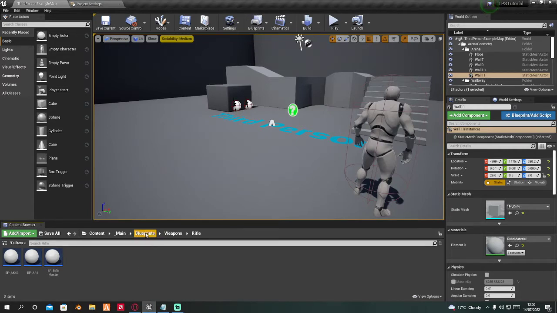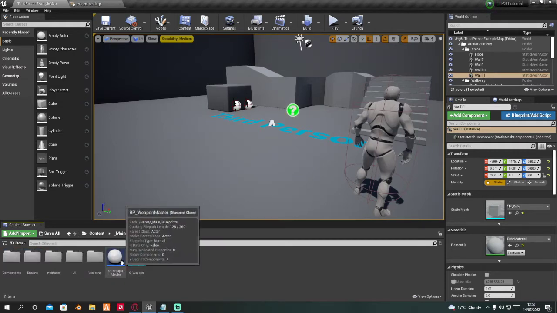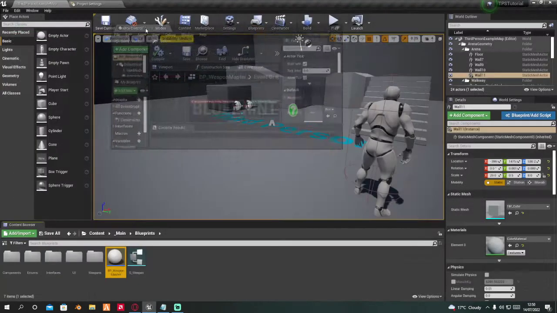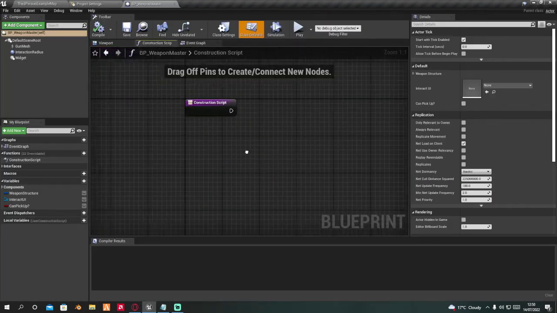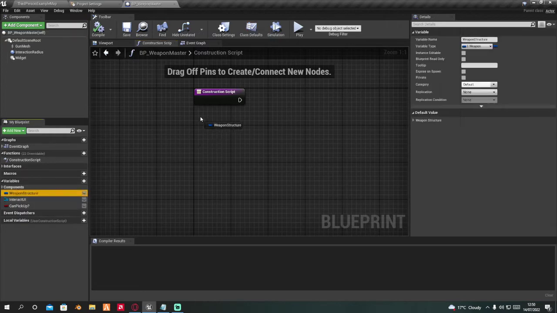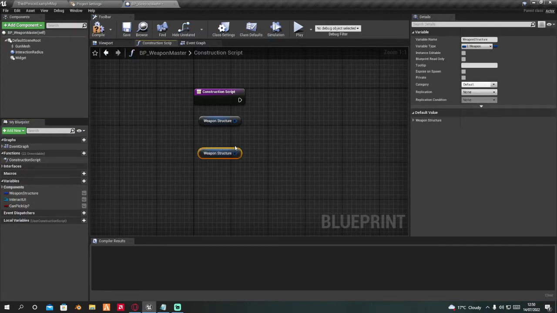So what you want to do is head over to the BP underscore weapon master that we created. Open it up, and first of all drag this up here. Inside of the construction script, we want to grab out two weapon structures, 1 and 2. For weapon structure 1, we want to get